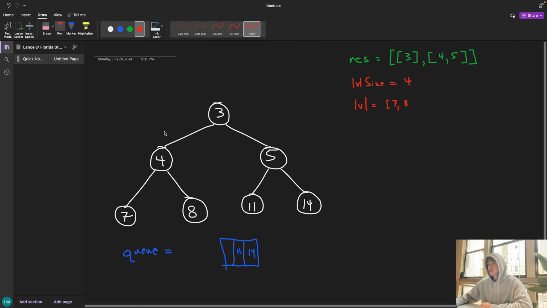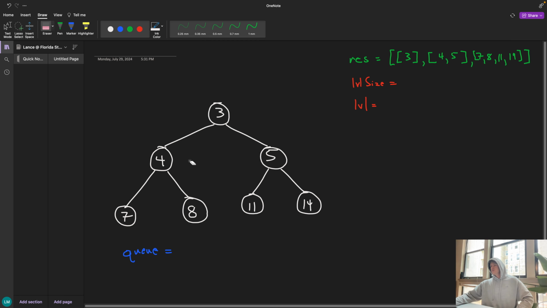So basically, we're going to just speed run through this end part. We're going to add an 11, and then a 14, and then just push that back to our result. Our queue is going to be empty once we're done with that, and we're going to be looping in our outer loop while the queue is not empty. So the queue is going to get empty, and we're going to be done with our algorithm. So 8, 11 for this test case. Okay, and then these are going to empty up again, and we just return